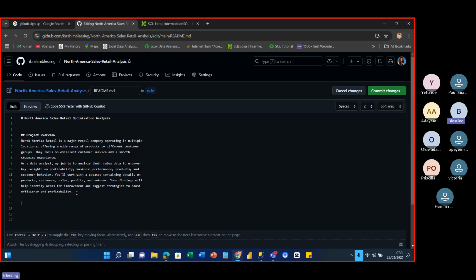The next thing I want to look at is the data source. So I'll come here and use this double hash, Data Source. After the hash, put a space in between. I also want to tell them where the data source is coming from. So under Data Source, I'll say: the data set used is a North America